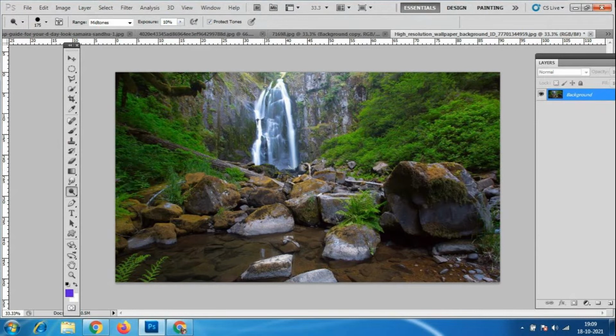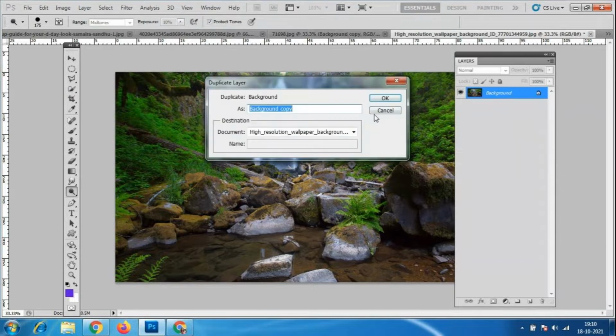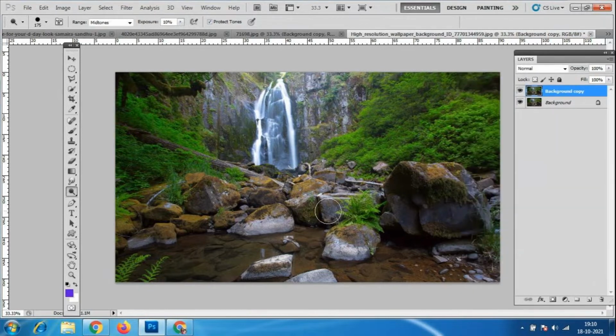I have not taken the duplicate copy of this. Take this, and here I'll increase the brush size.